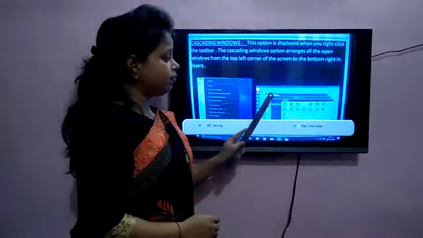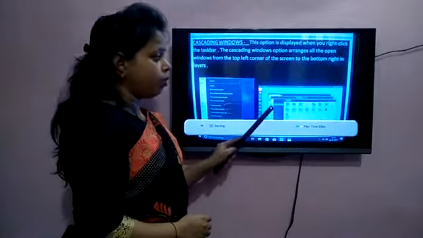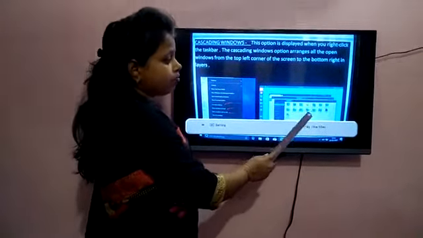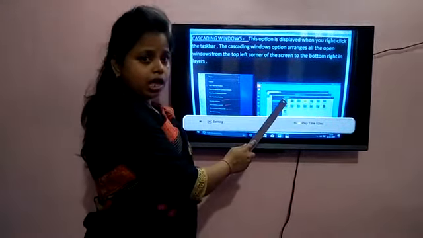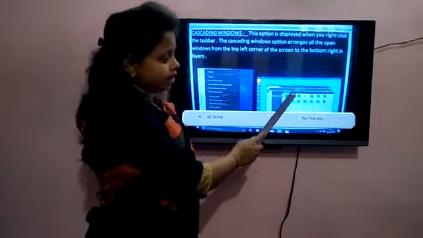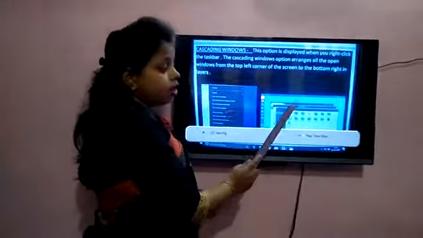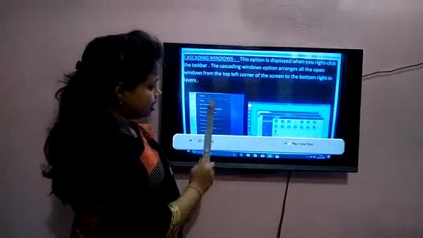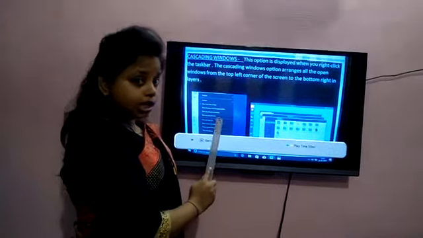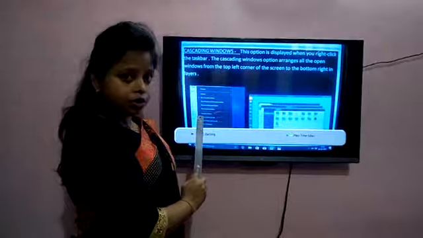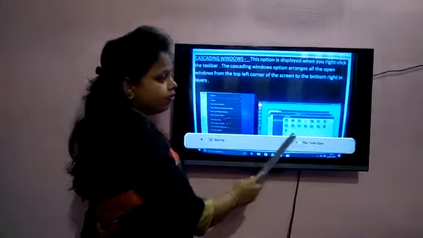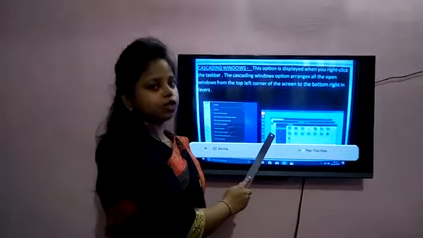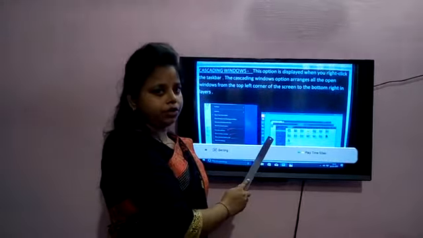However many programs you open, it will arrange them for you. So when you right click on the taskbar, this option will come. Here you click on cascading window and afterwards it will give you a result like this. You can see here how many programs you have open in cascading window.